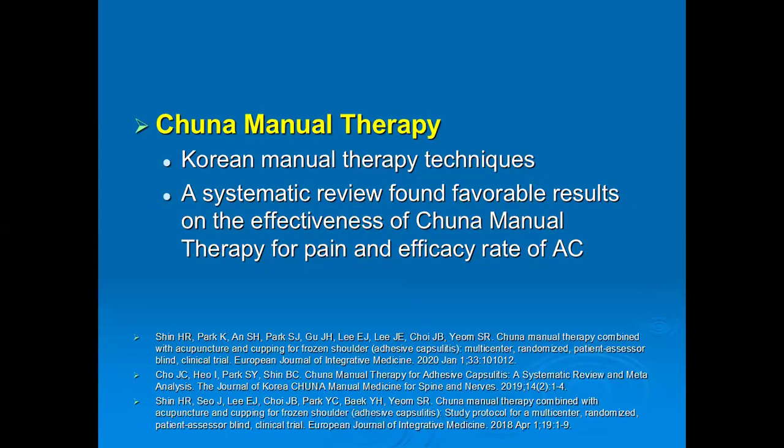This is another option which we have that is very uncommon in the Pakistani and Indian population therapist practice, but that is commonly used in the Chinese and the Korean therapies. Sunna manual therapy, this is the Korean manual therapy technique, and systematic reviews are present which are supporting the effectiveness of Sunna manual therapy for the decline of pain and for subsiding of the symptoms of